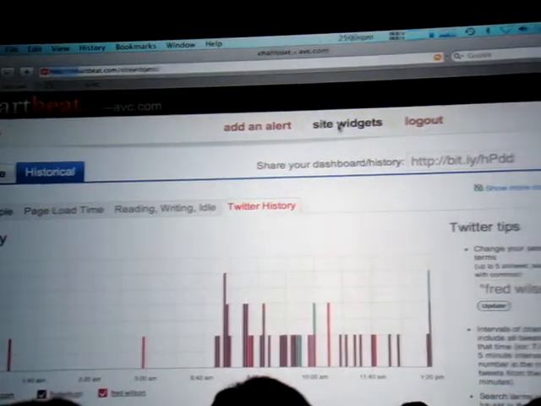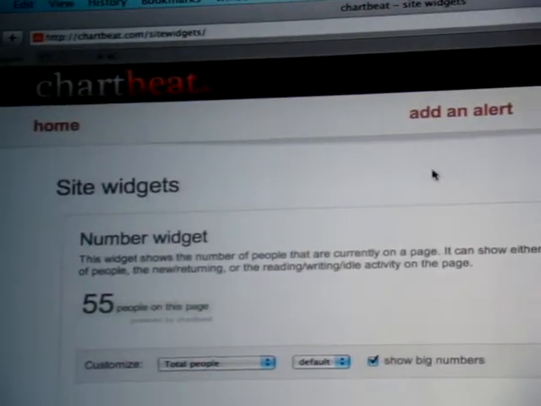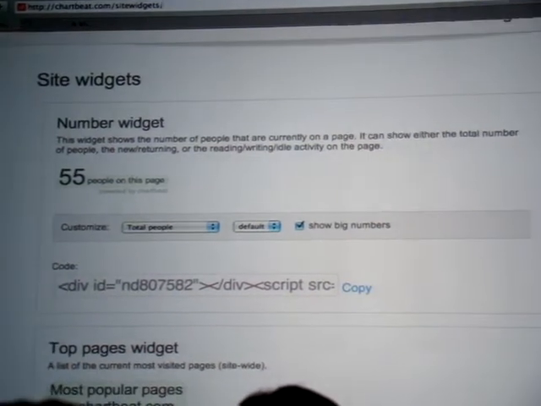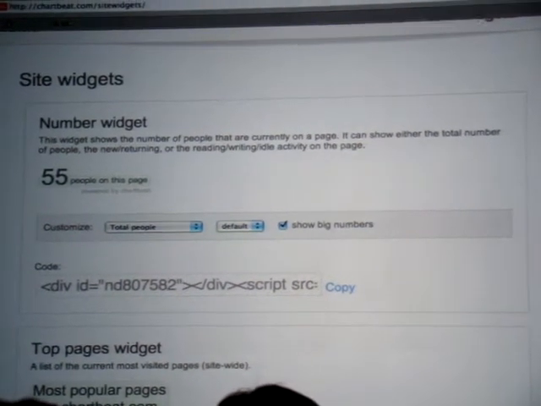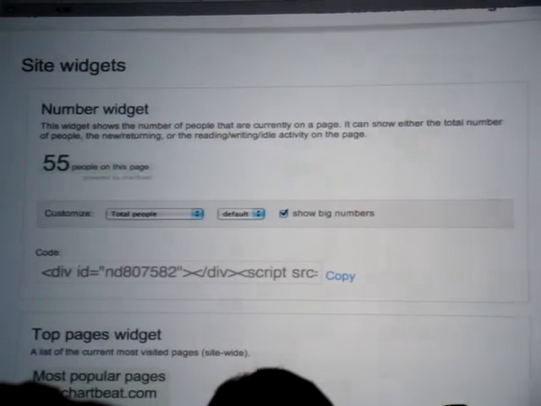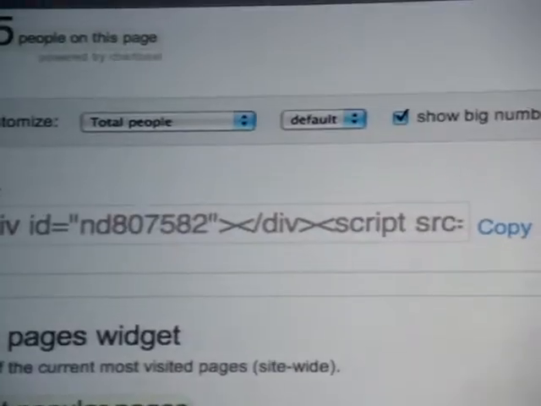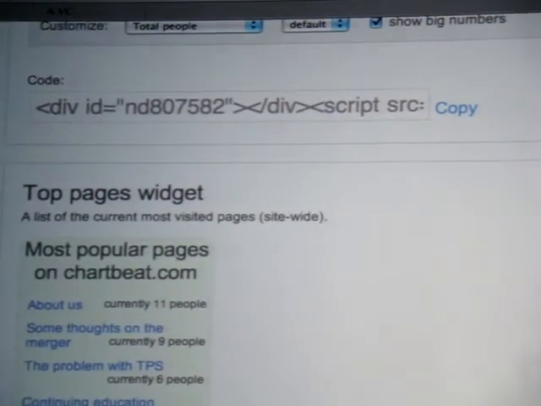So the last thing I want to show you is, as powerful as the interface is on its own, there's also a variety of site widgets that you can put on your website. All the information that I've shown you is available through an API, so if you have the means to mash it up and display it in a way that makes sense for you, then you're certainly able to go ahead and do that. But Chartbeat's also come up with a variety of canned widgets